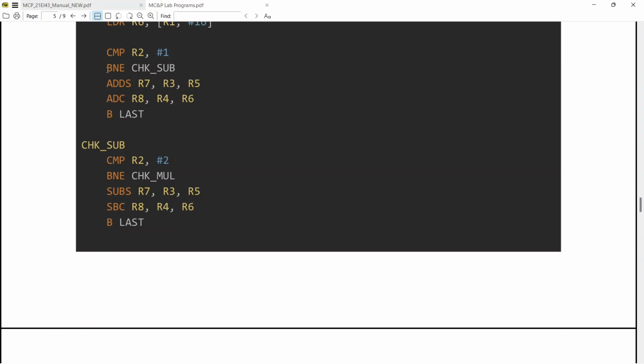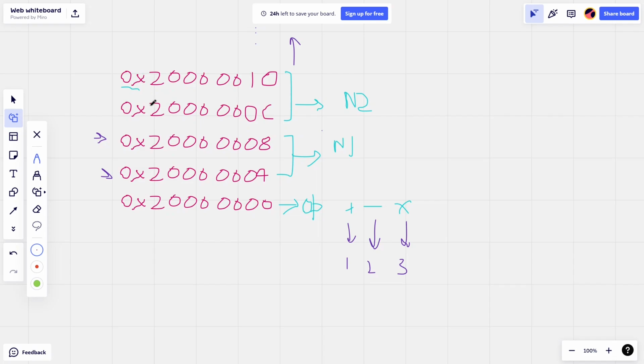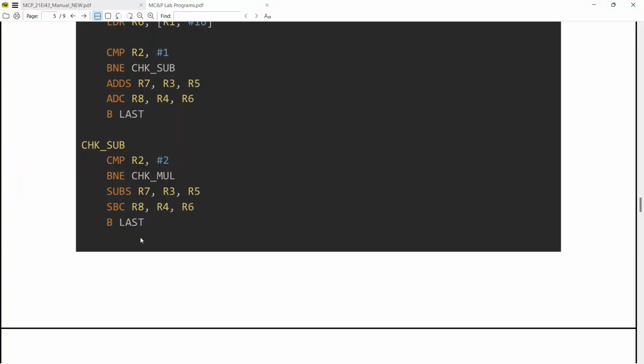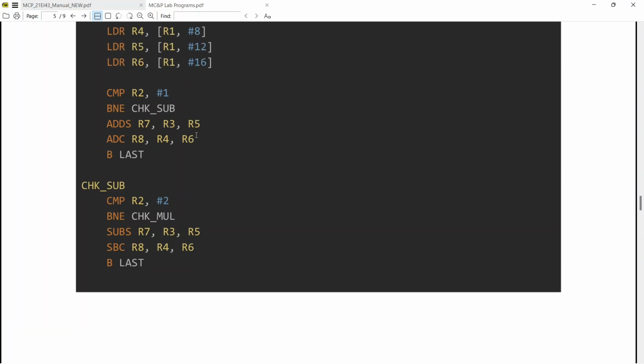So the first case, if it is equal, it will come to this part of the code. First what it does is add what is in R3 and R5 and store it in R7. So we know that R3 is this one, and R5 is this one. Right. So basically it takes the lower parts of the numbers, the LSB parts, and adds them together, but also sets the carry flag, because we need to carry it over for the next register also. And then it adds the upper bits also,